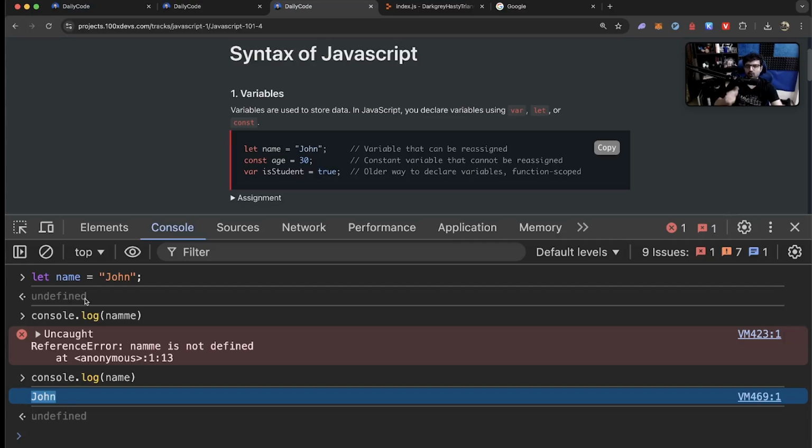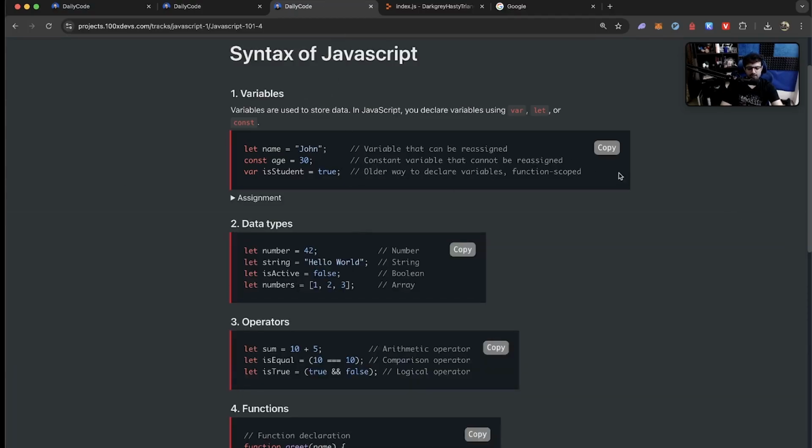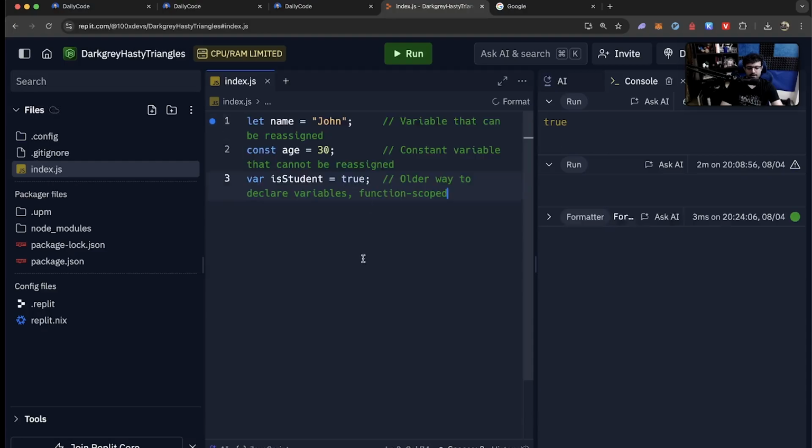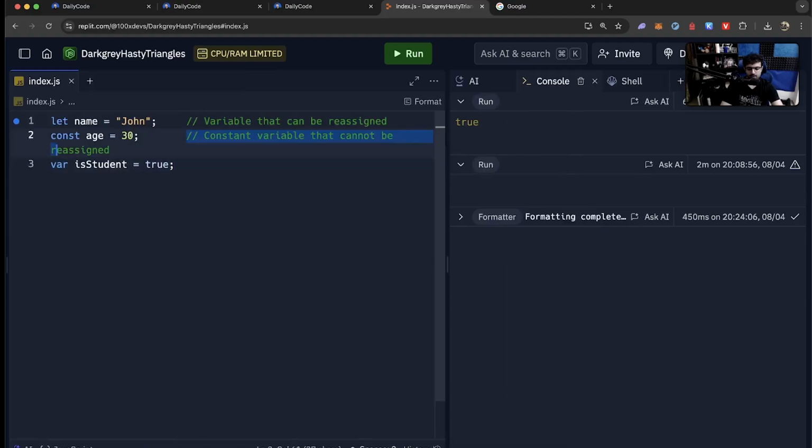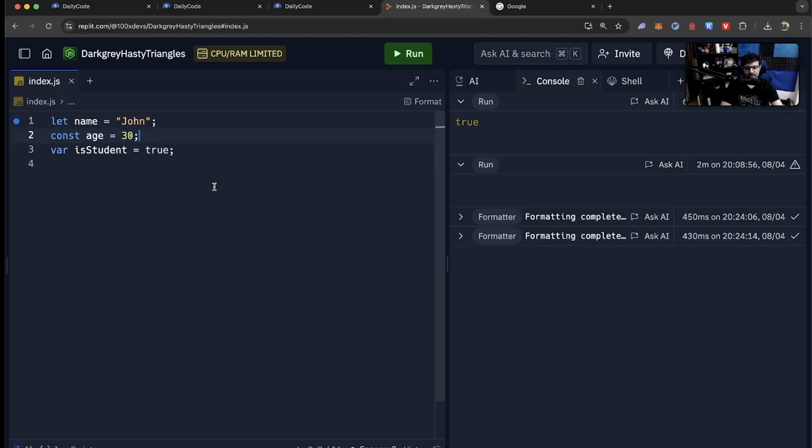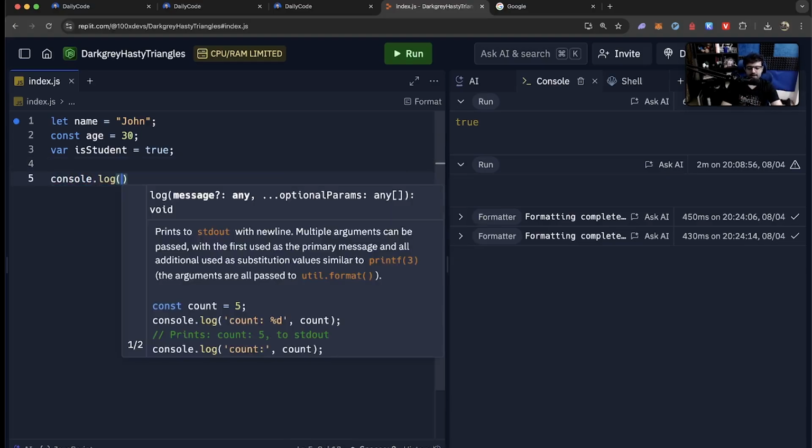Feel free to write the code here, but let me copy these 3 lines of code, paste them here, and see what it says. Let me remove the comments. I have defined 3 variables. What is a variable? Something whose value can change. Let me try to print these variables.